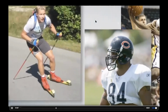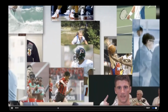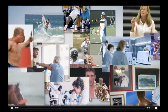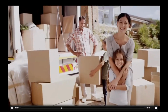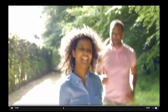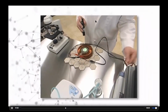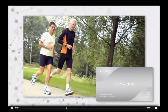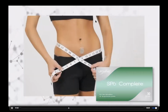A tidal wave of interest rolled in, of professional athletes, trainers, health practitioners, scientists, as well as everyday people, finding out that things were just better with LifeWave. More energy, more stamina, more enthusiasm for life. But David didn't stop there. He refined the science, inventing new ways to reduce pain, to improve sleep, to get rid of stress, and more,